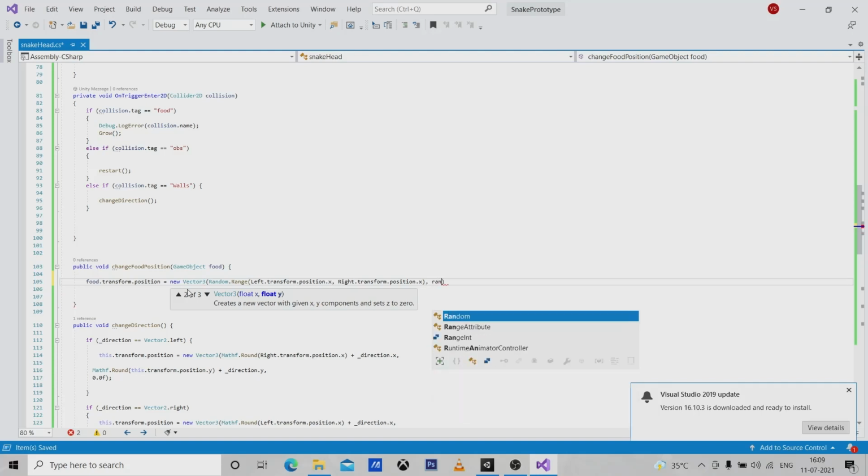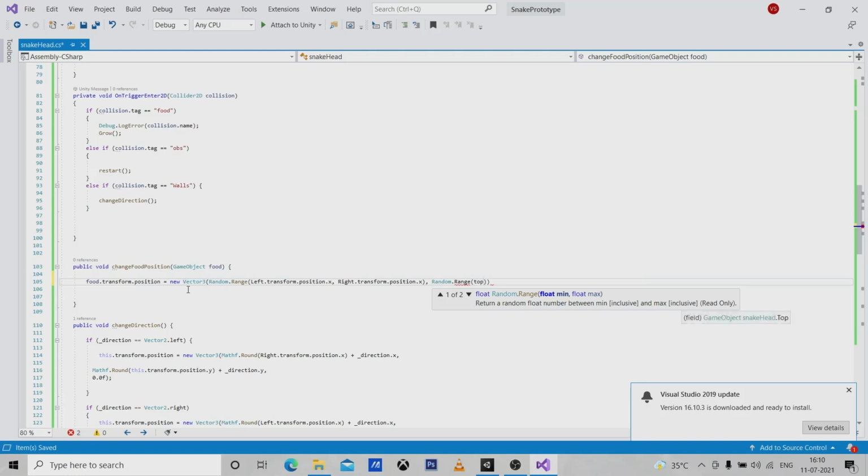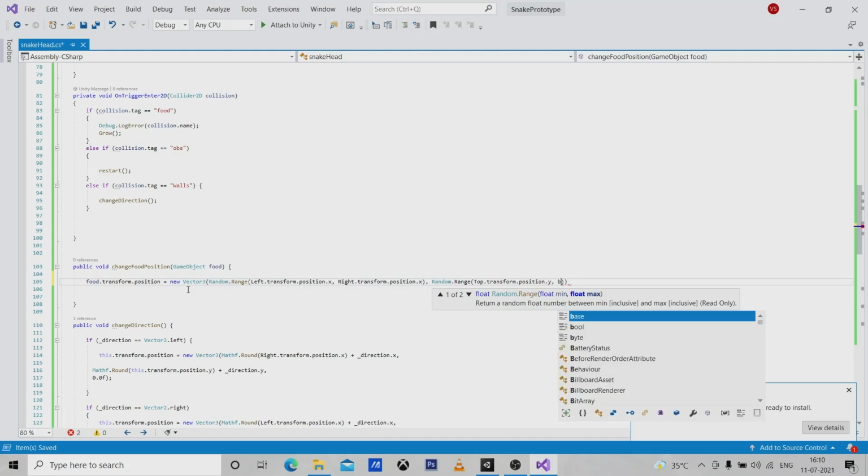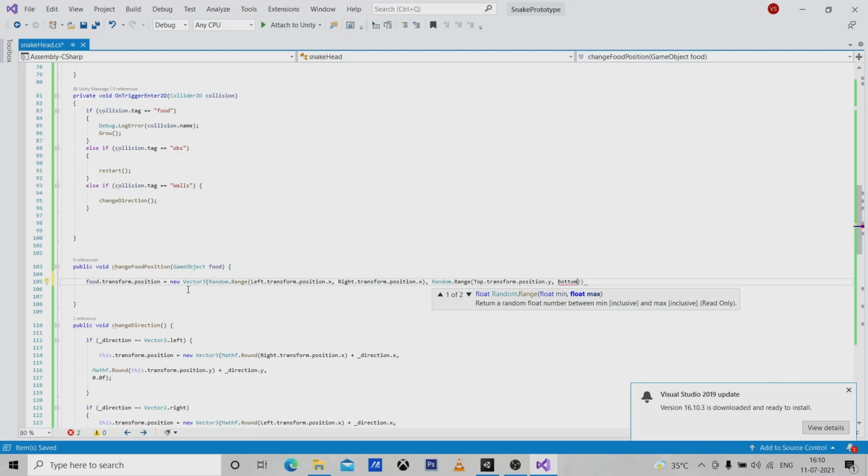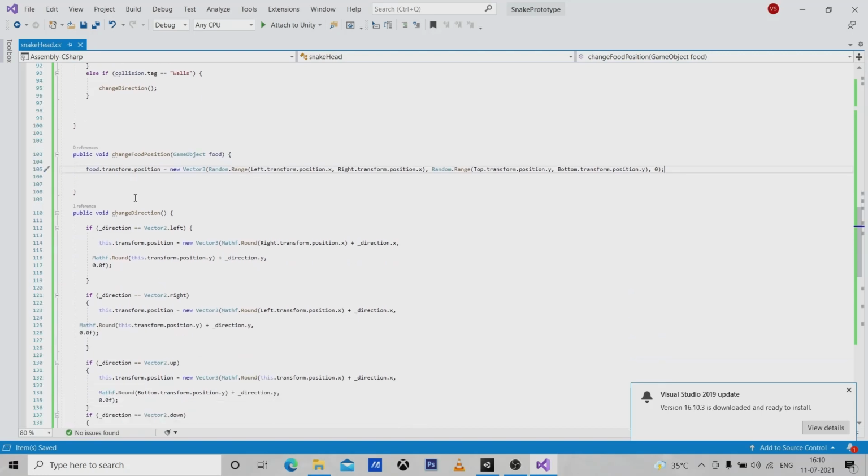Okay, and now I'm going to calculate the minimum and maximum for y axis. So here we took the top.transform.position.y. Okay, and the upper value or the maximum limit is bottom.transform.position.y, and the z should be 0 all the time here. Okay, and then